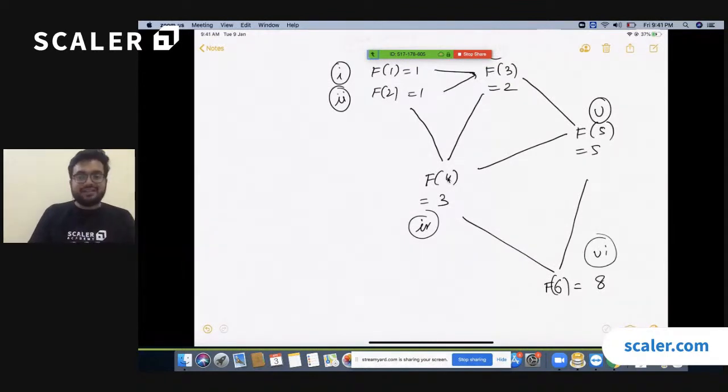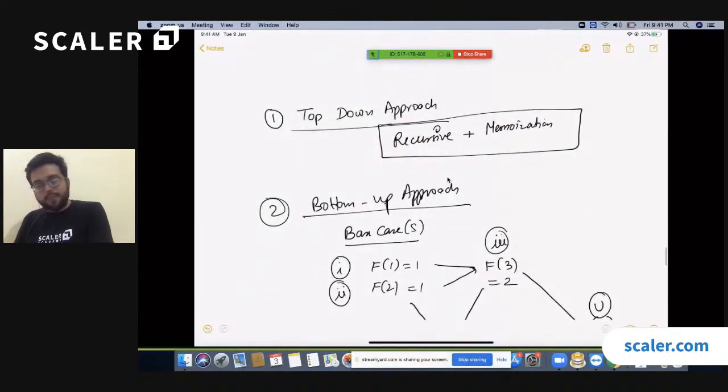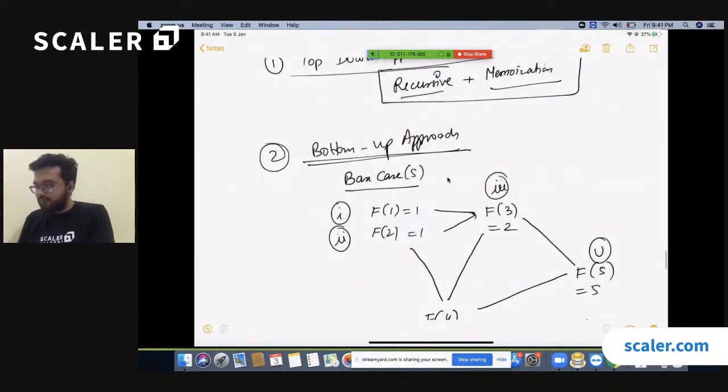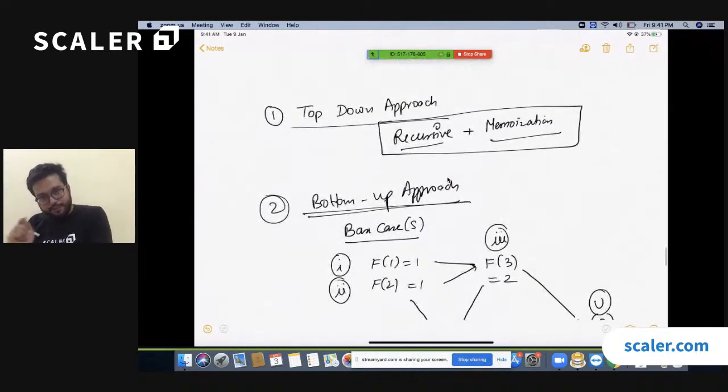So you now understand that there are two ways to solve DP problems. You can either write your code in a top-down approach, which is recursive plus memoization, or you can write your code in a bottom-up fashion, which is just by using the base cases, you keep on building your solutions to bigger and bigger problems. Okay, so this was just a big bit of a digression that we took to explain to you the different ways of solving DP problems. Before that,